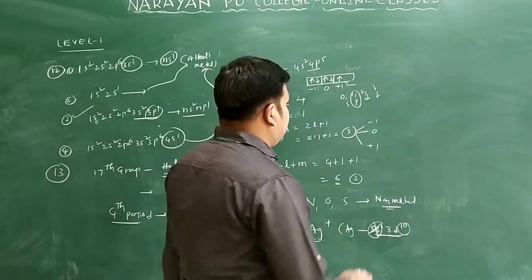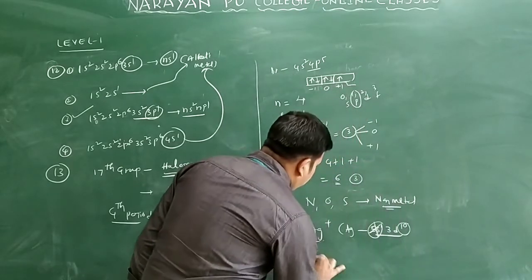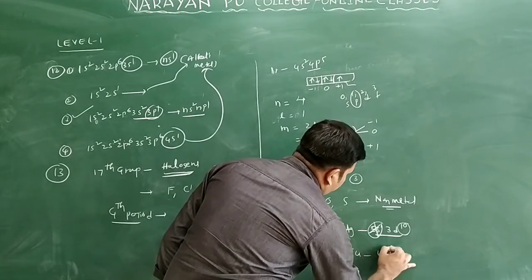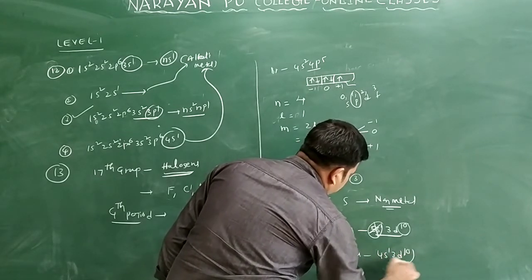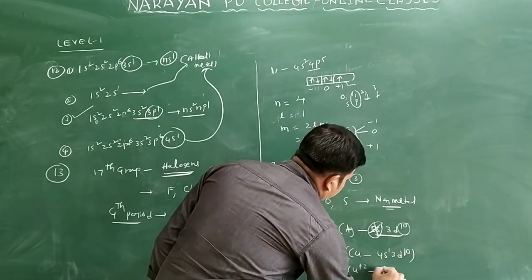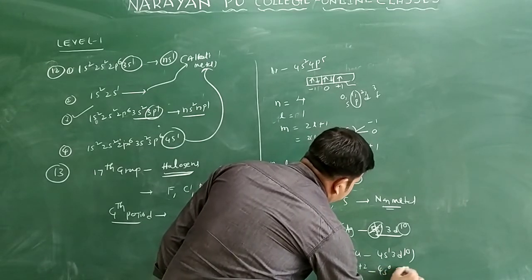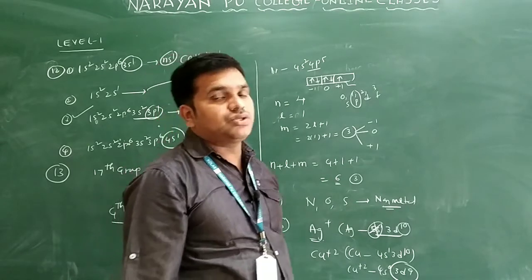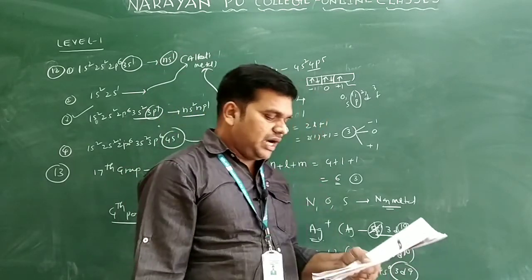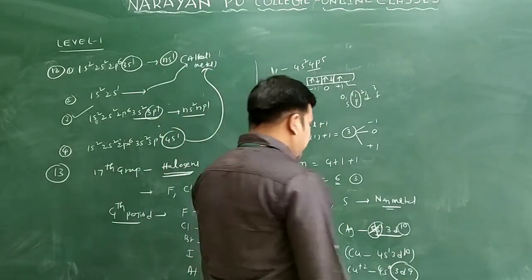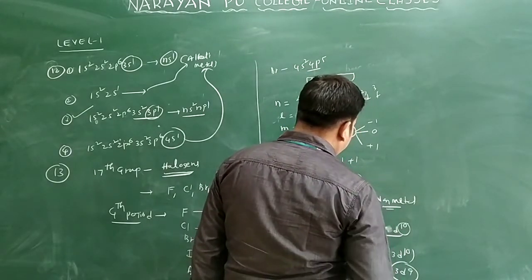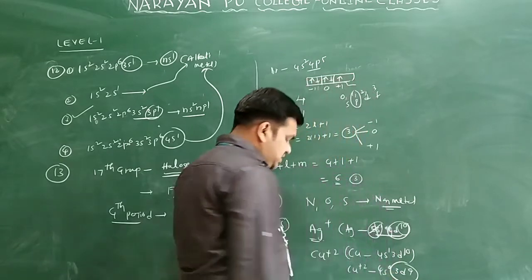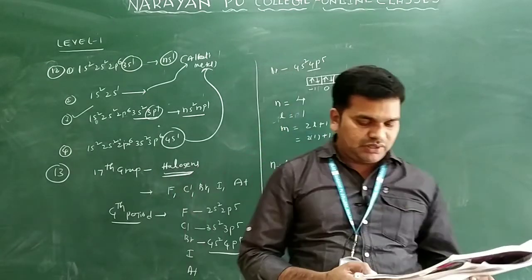Come to the copper. We have Cu plus 2 given. What is the copper configuration? You will get 4s1 and 3d10 only. If we write Cu plus 2, you will get 4s0 3d9 only. 3d9 means it is incomplete only. So what is your answer? Copper only. Generally here 5s1, you will get here 4d10 only, not 3d10, 4d10. What is your answer, 3d9 only.